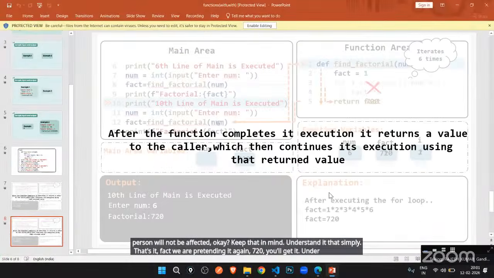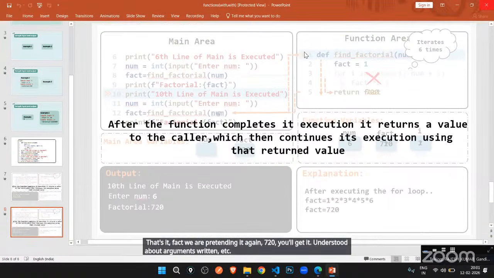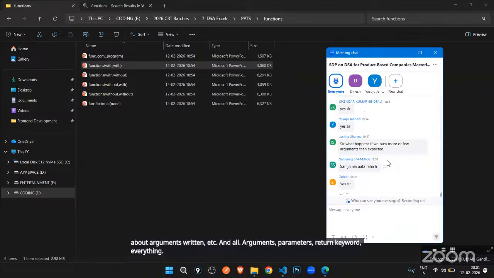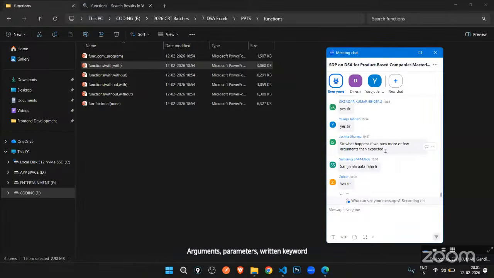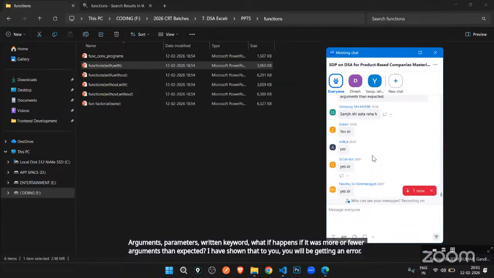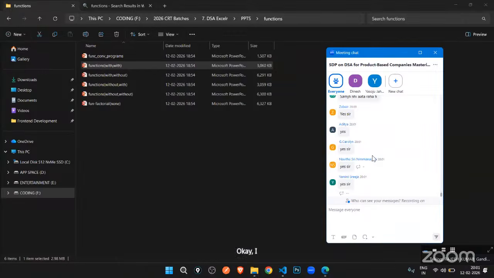Understood about arguments, return, etc. and all. Arguments, parameters, return keyword, everything. What happens if there were more or fewer arguments than expected? I've shown that to you. You will be getting an error. Okay. I've already shown that to you. You will be getting an error. Everything fine now? Now, let's get started with